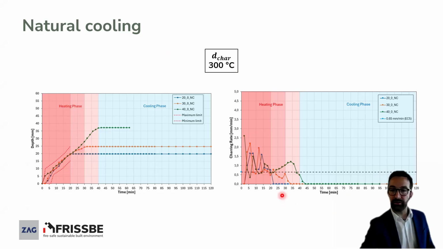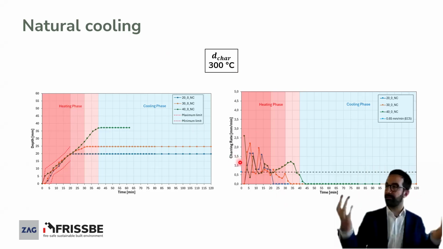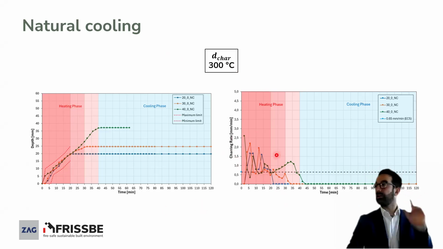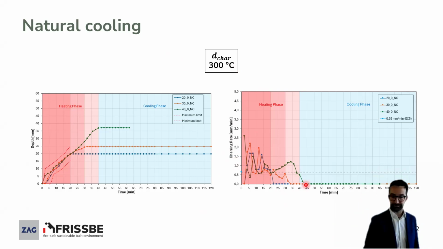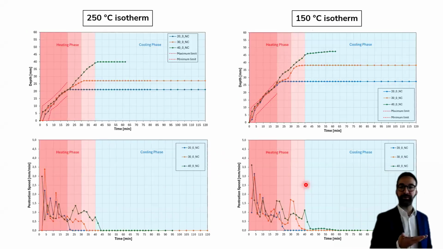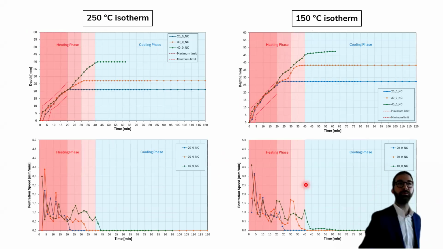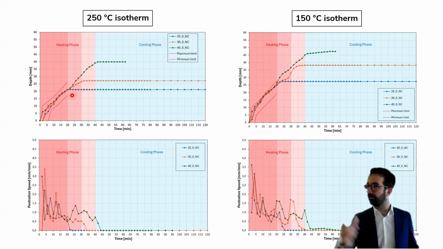And if you take these curves and you do a derivative of that, so we're trying to somehow characterize the charring rate, you see that by the end of the fully developed phase of the fire, so 20, 30, and 40 minutes, the value drops to 0 when you have pure natural cooling at the surface. If you look at different isotherms, you see that they would possibly penetrate a bit over the first few minutes after the fully developed phase of the fire, the 50 kilowatts, but